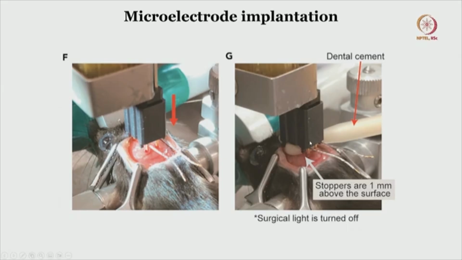So, once the electrode goes inside the burr hole and touches the dura, or if you are puncturing the dura and you want to use the electrodes directly on the surface, even that is possible. You puncture the dura using the needle tip, and as soon as you puncture, there is an egress of CSF, the brain fluid that comes out. That is the confirmation that you have punctured the dura, alright. So, once that is done,